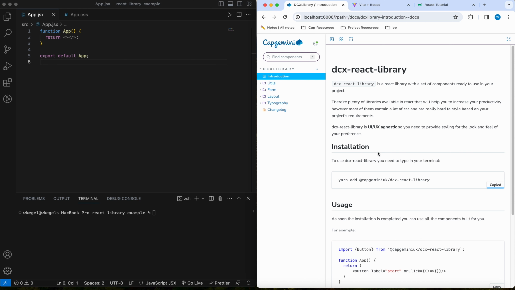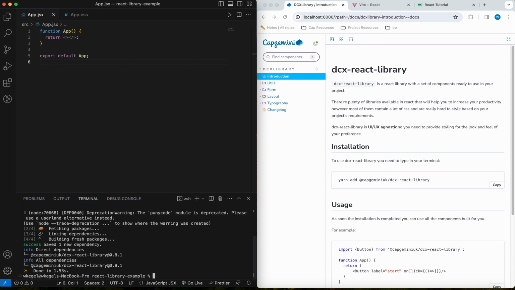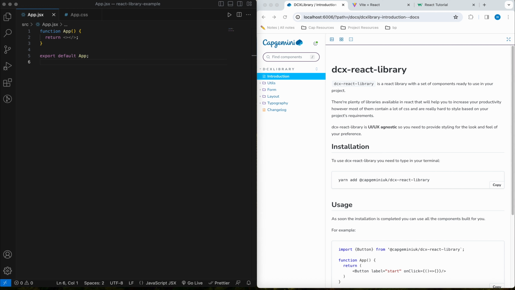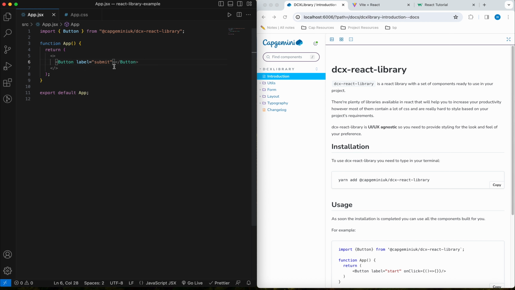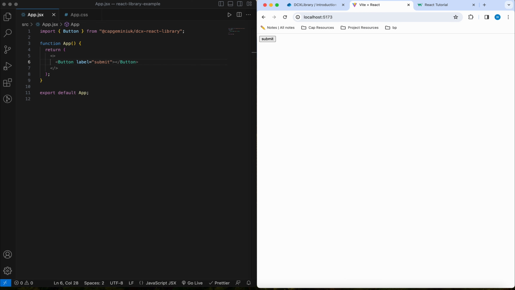We'll start by installing the dcx-react-library, and we're going to use the button component as an example here. So we'll import the button and we will add in that button and call it submit. So here we have the button component pulling through from the dcx-react-library, but with no styling